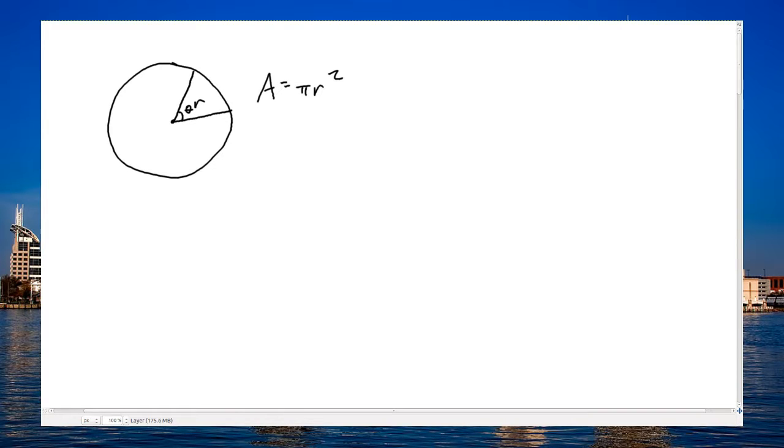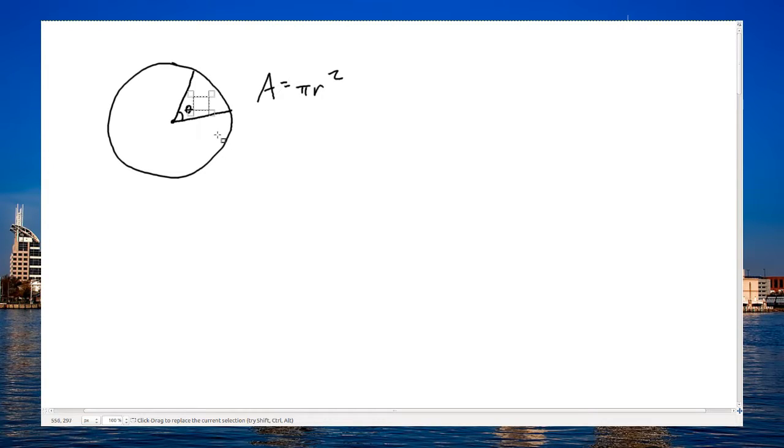So as you're probably aware, the area of a circle can be found by taking the radius and squaring it, multiplying it by pi, and we can prove this using calculus. What I'd like to do is consider just a slice of the circle, a pie piece or a pizza slice. So now we're only going to take theta of that particular circle,